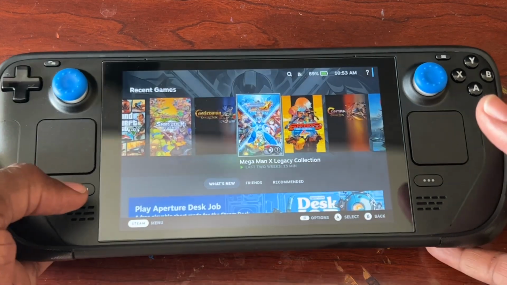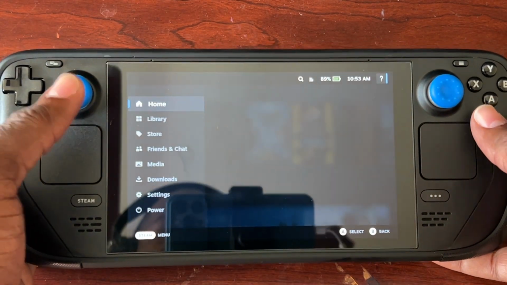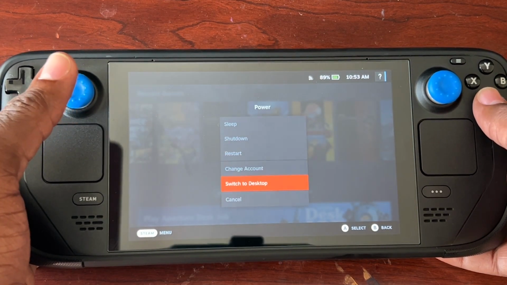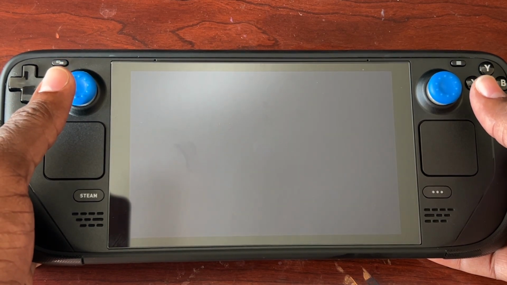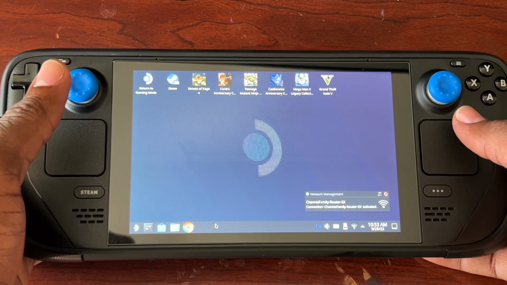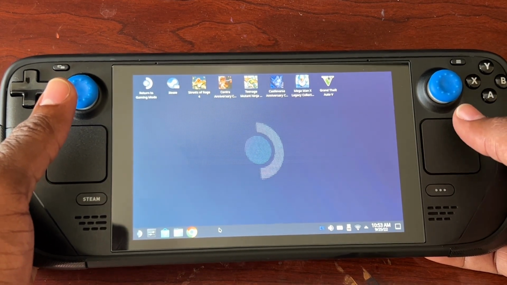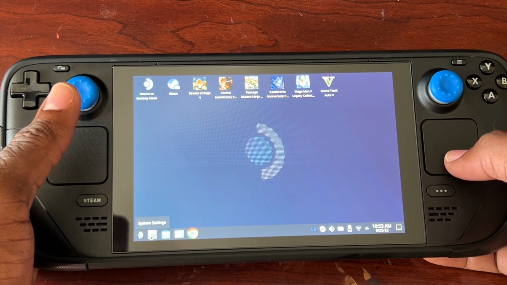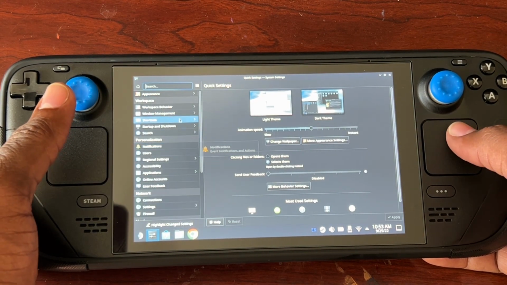Okay, what I did first, you're gonna hit the Steam button. You're gonna go down to power, and you're gonna switch to desktop mode. Once you switch to desktop mode, you're gonna go into the settings. You gotta wait for it to do that stuff first. You're gonna go into the settings, and then you're gonna go under